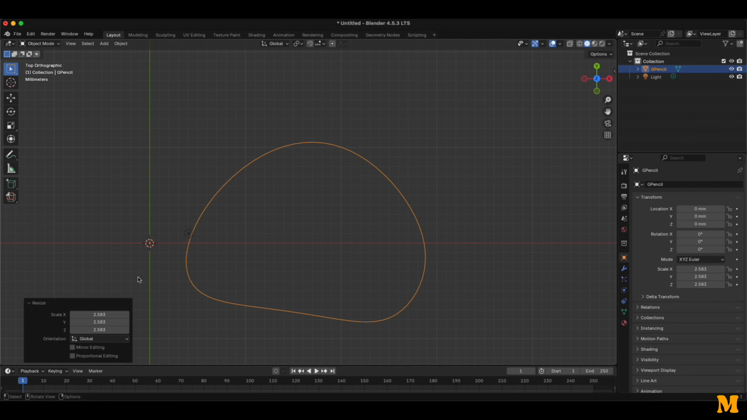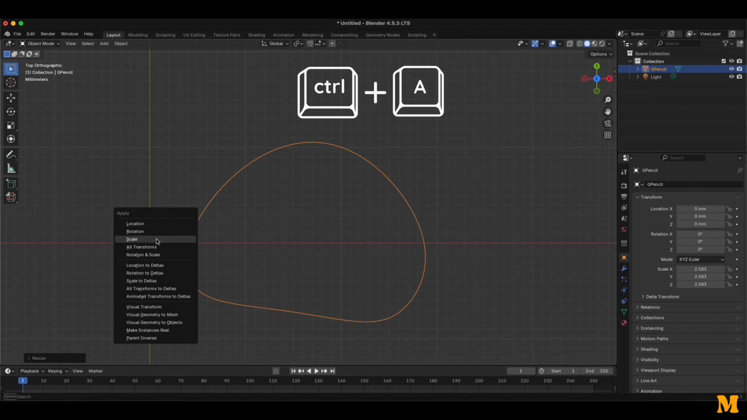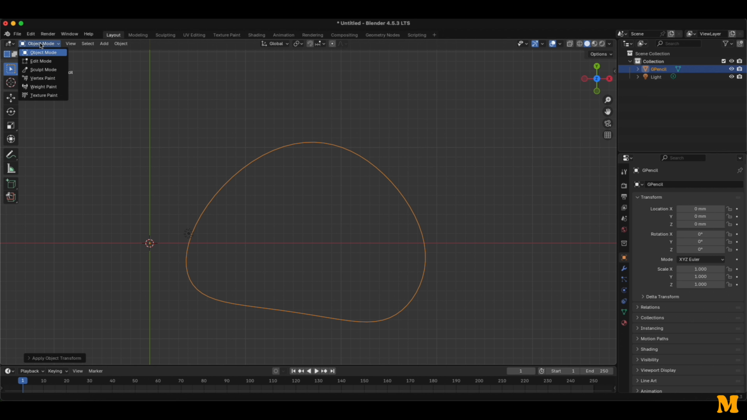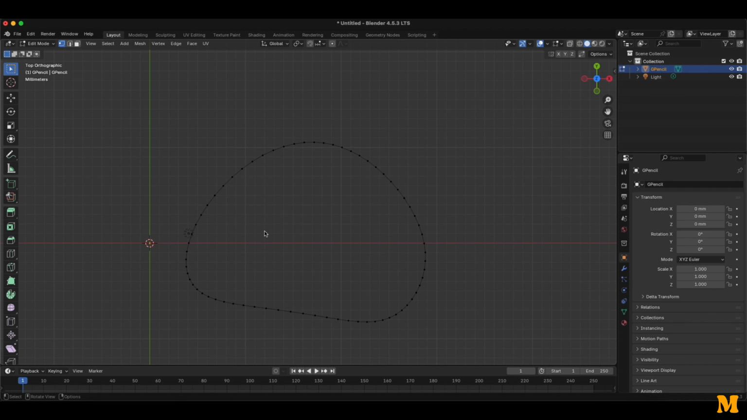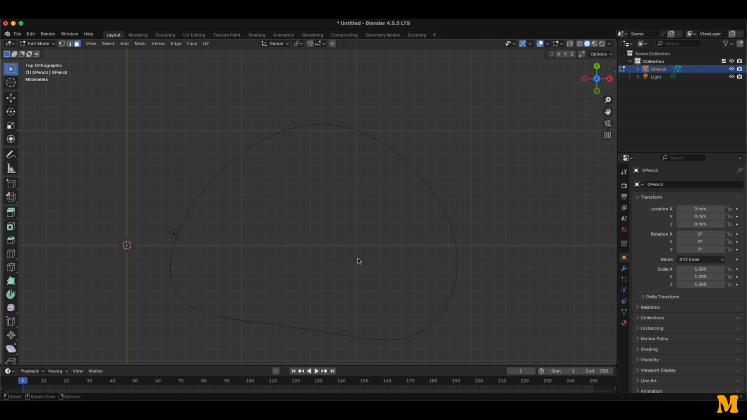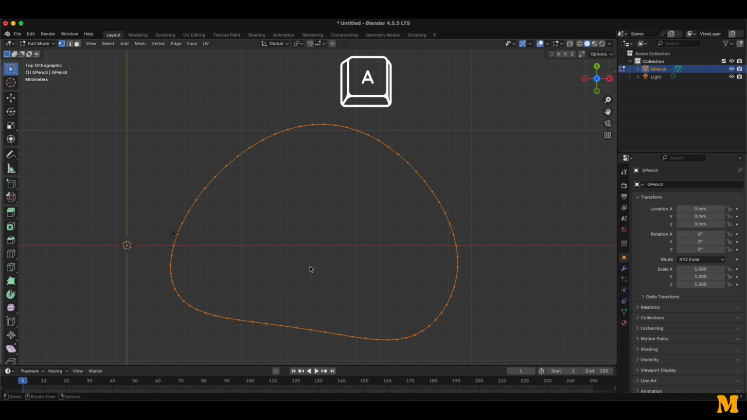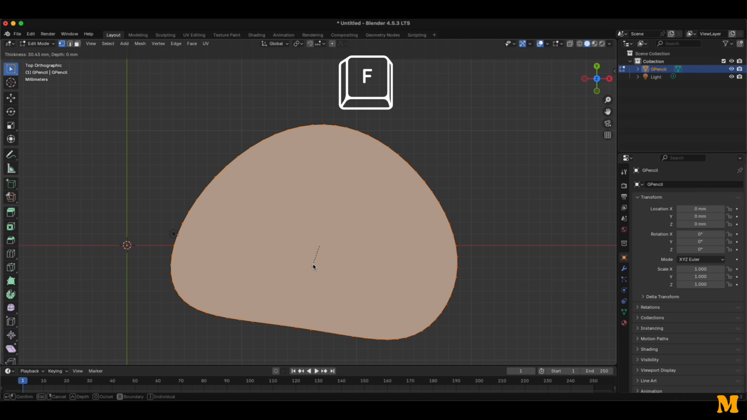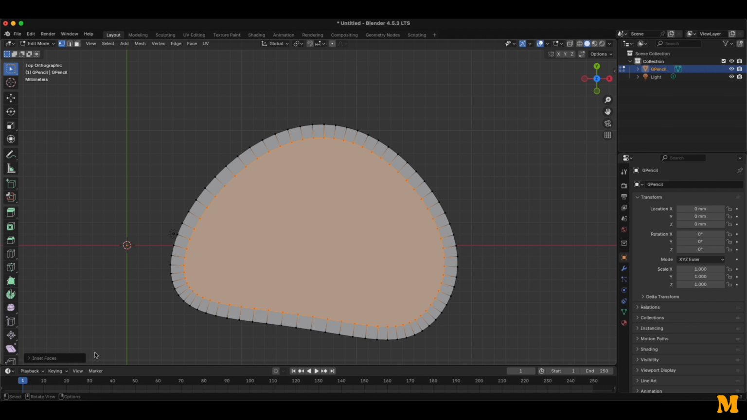All right, then again, we click Ctrl A and scale. We go to the edit mode. You mark all of the shapes. So just click A, then you click F, and then you click I. Okay, and when you click I on the keyboard, just make the shape smaller with your mouse and click whenever,